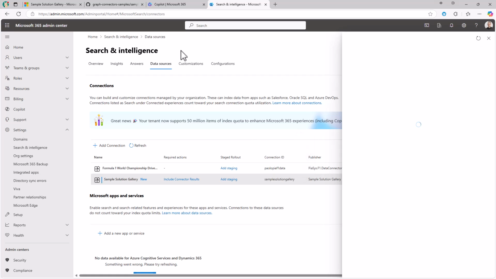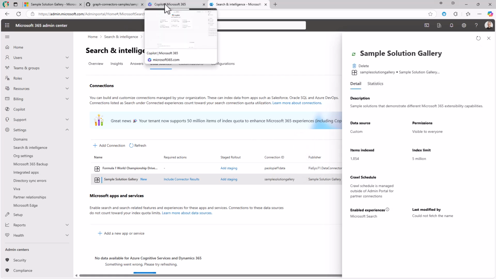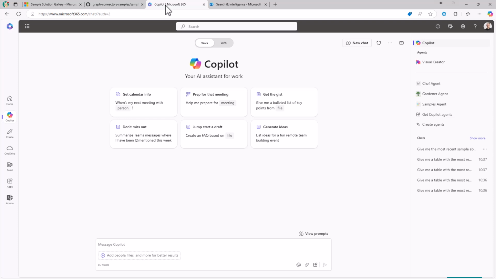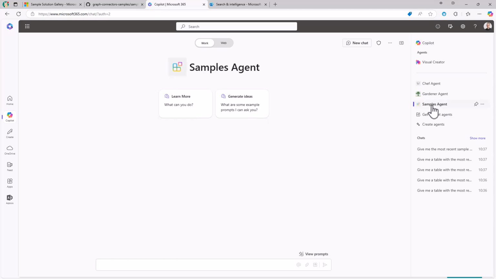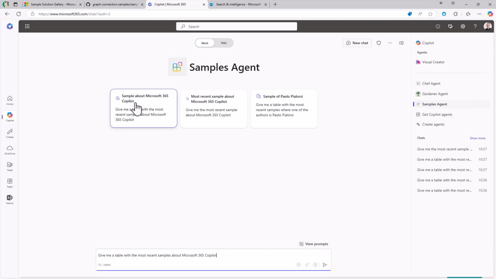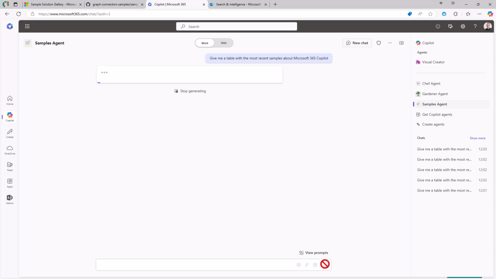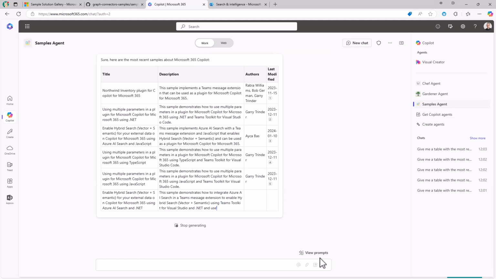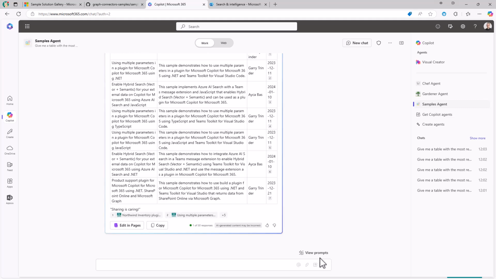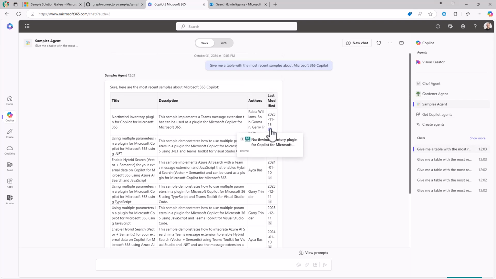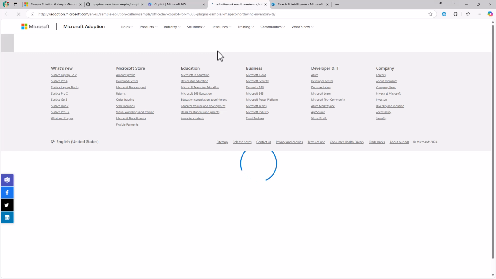Now, we want to use this sample connector in Copilot for Microsoft 365, in Microsoft 365 Copilot, and specifically I have a samples agent that I created. In this one, I can provide prompts about the samples that I have in the gallery, like, for example, give me a table with the most recent samples about Microsoft 365 Copilot. And it will work with the data that we have available through the connector, and it will give us a set of items that are available in the sample gallery. For each and every item, as you can see, we can hover on the reference to the item, and we can eventually open the target item in the sample gallery